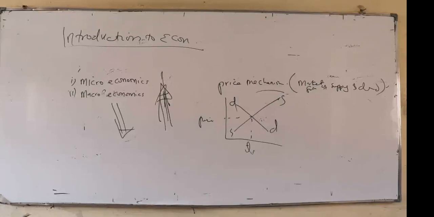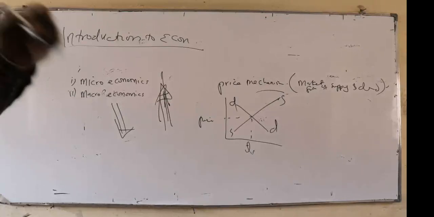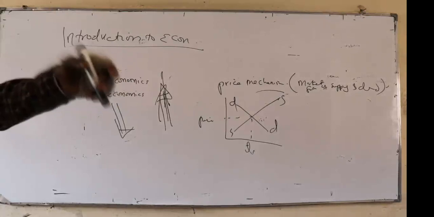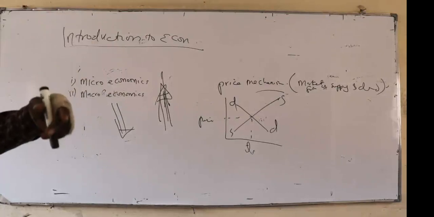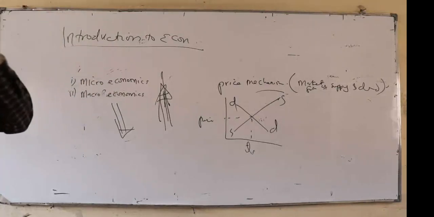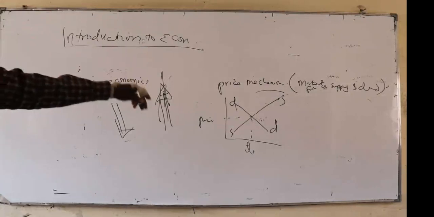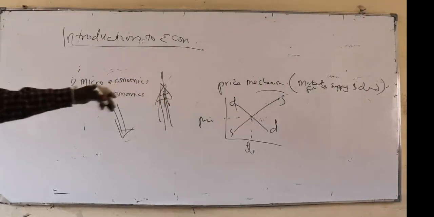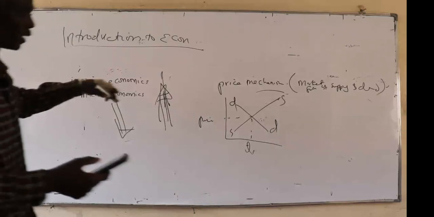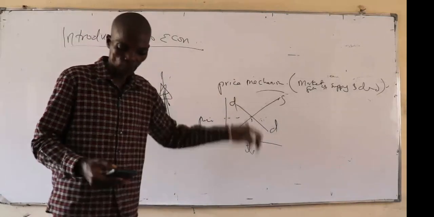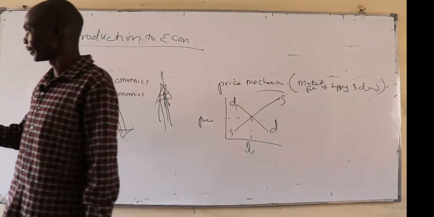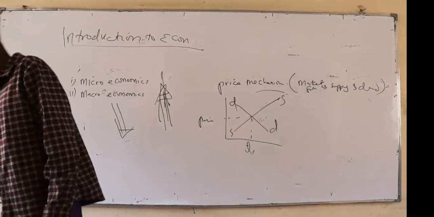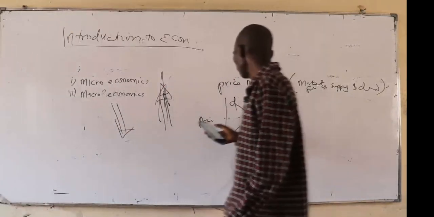So remember, when we are saying no planning is required, in the government there's a central planning authority which is going to plan on what is to be produced and how that is to be done. And that planning authority requires the resources. But in this particular case, what is to be produced and how to produce it is a matter that is left to the price mechanism. And so we don't have any planning authority. So the resources that would have been channeled to the planning authority are utilized elsewhere. So we don't waste resources in doing the planning, because here, what will tell us what to produce is basically the price which is generated by the market forces of supply and demand.